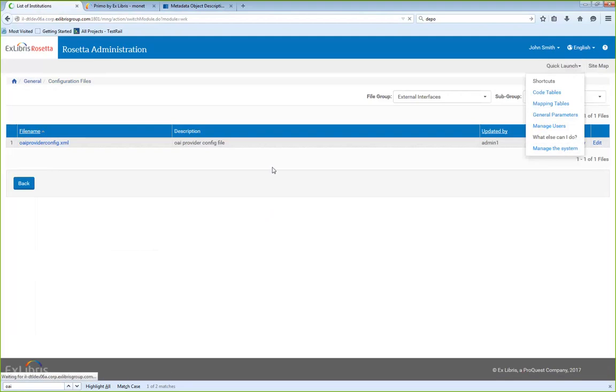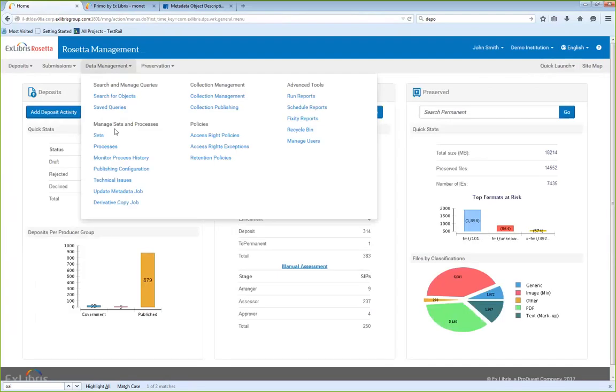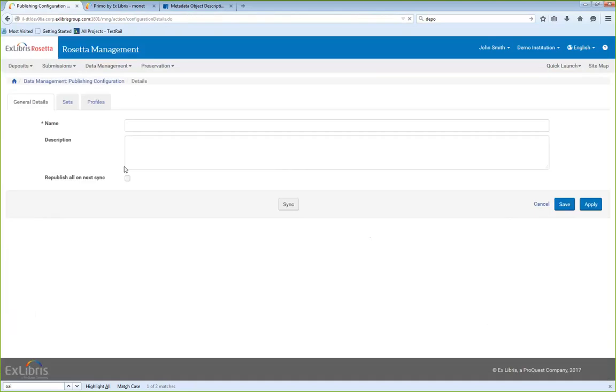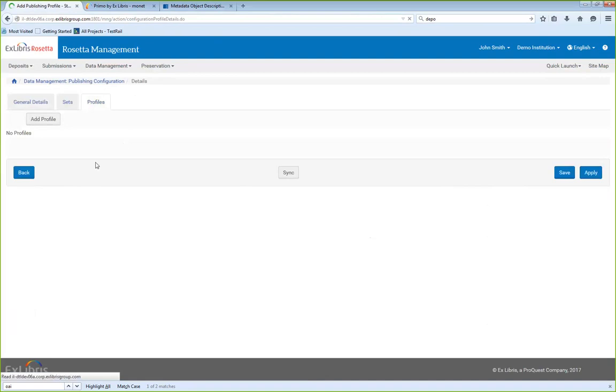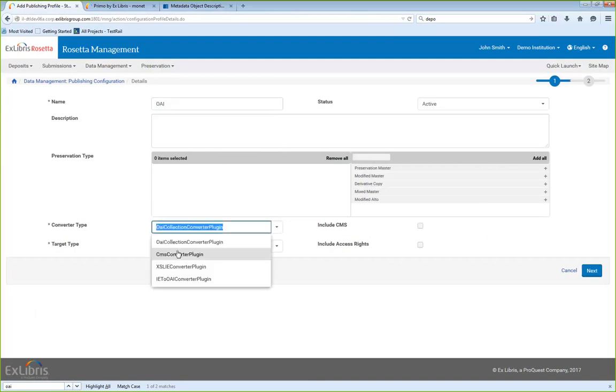And then going back to the configuration, we're going to add a new configuration here. And so let's call this OAI, using the same